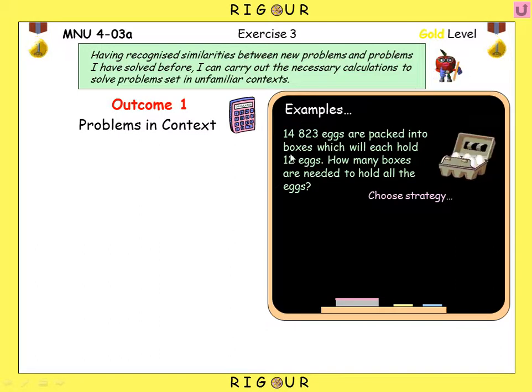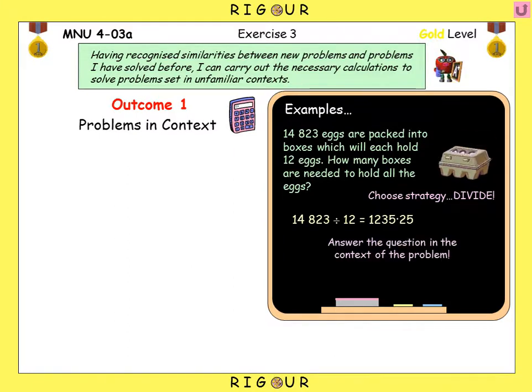14,823 into equal piles of 12, and we'll want to know how many piles of 12 essentially we can make, how many groups of 12 we can split this number into. So that to me sounds like a divide. So we've got 14,823 divided by 12. We're allowed to put it straight into the calculator, and our answer is